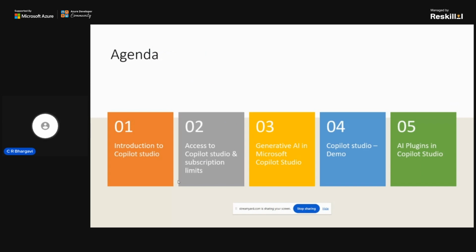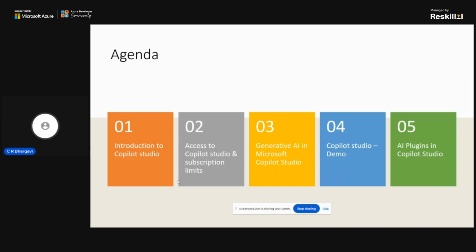Without much time, let's see the agenda for today. We would be seeing about the AI agents inside Azure. Also, we would be touch basing on Copilot Studio, where we would be seeing about AI agents inside the low code, no code platform.